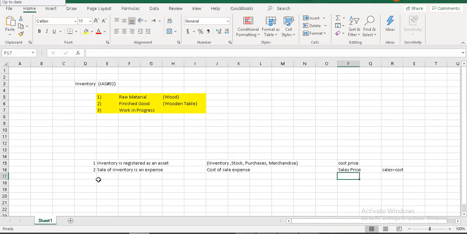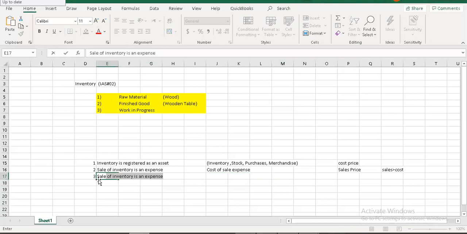The amount that we receive from our customers when we sell inventory to them is known as our sale proceeds. And the sale proceeds are recorded in the sales account or the revenue account.